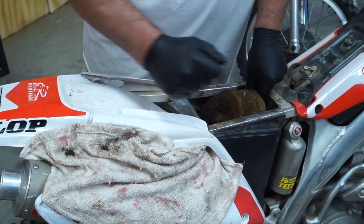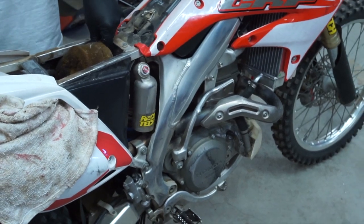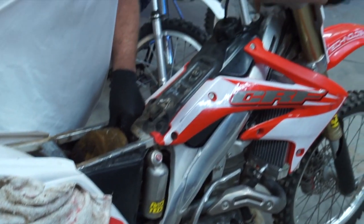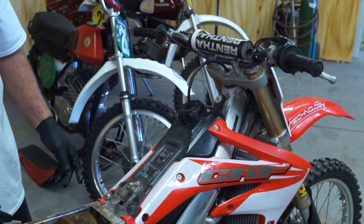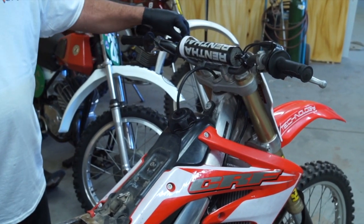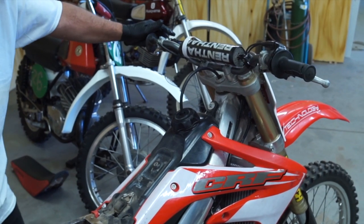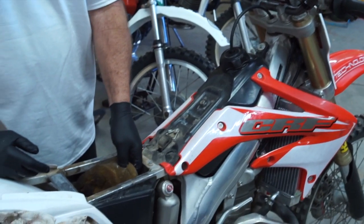We want to check that the header pipe is tight and no cracks in the header pipe up at the motor. I did notice the throttle is kind of sticking and sticky, so we'll look at the carburetor and the pilot jet. Also the hot start lever, you want to make sure that that's closing all the way. So there's a few things we can check out for that issue, but I just took the seat off and noticed